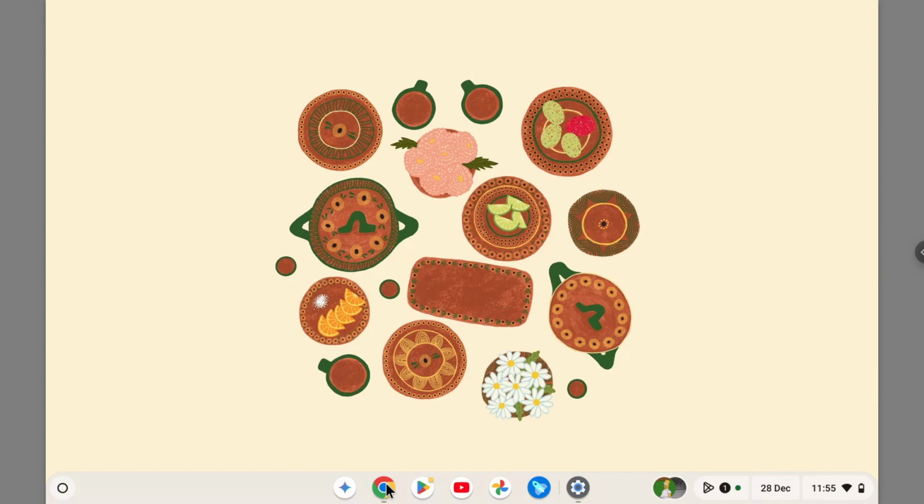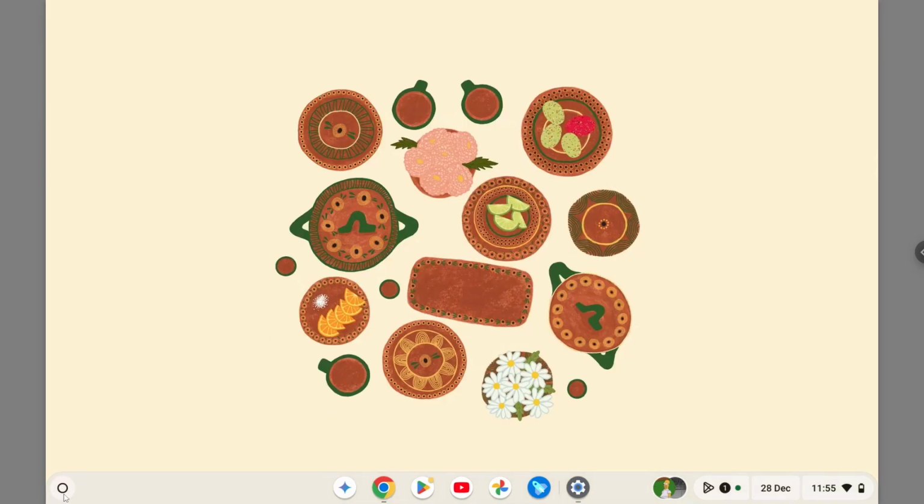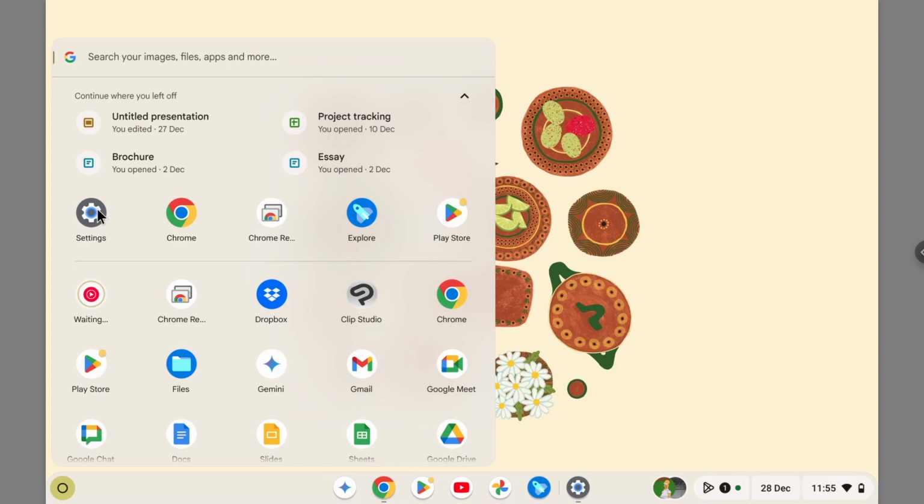So for example, I have this article, this blog post from Google, and let's say I want to listen instead of reading this article. So how do you do that? Well, it's really simple. First, you have to open the settings page. Let's click Launcher, open Settings,